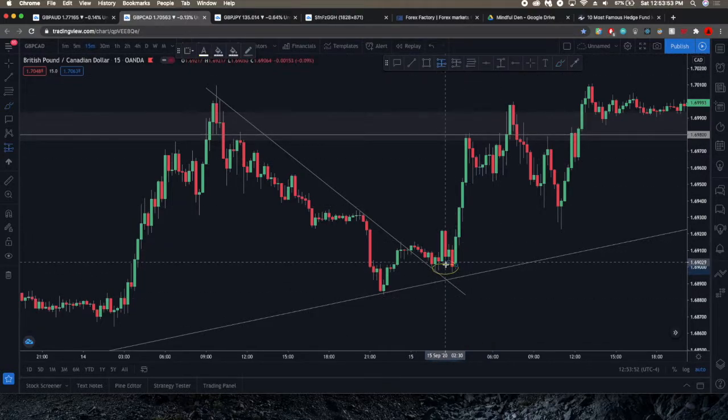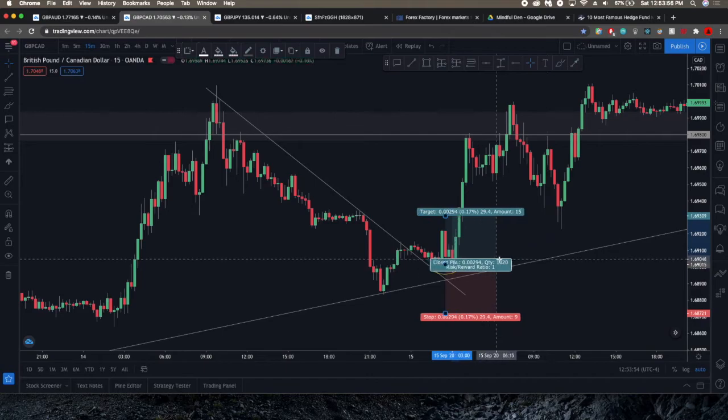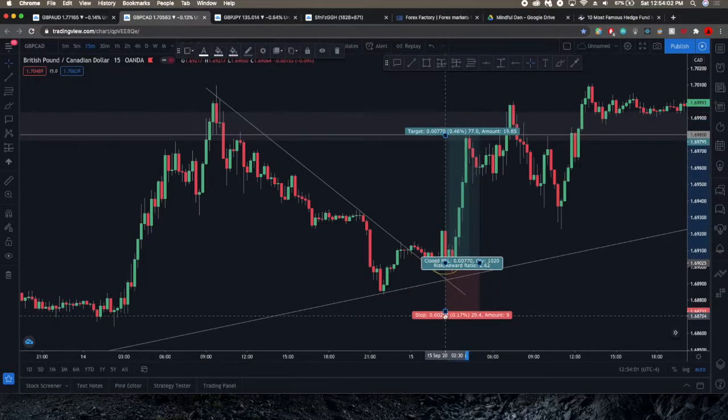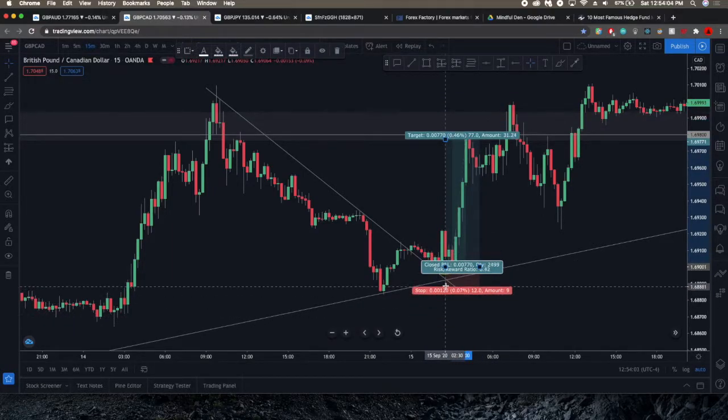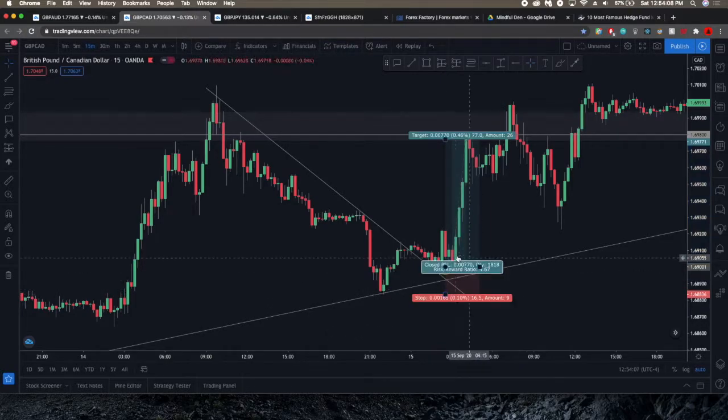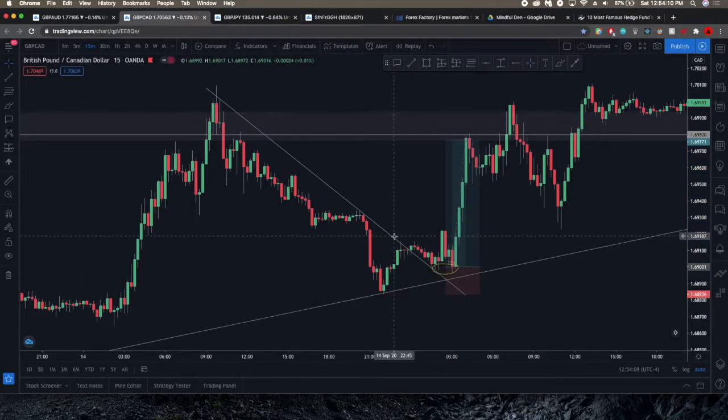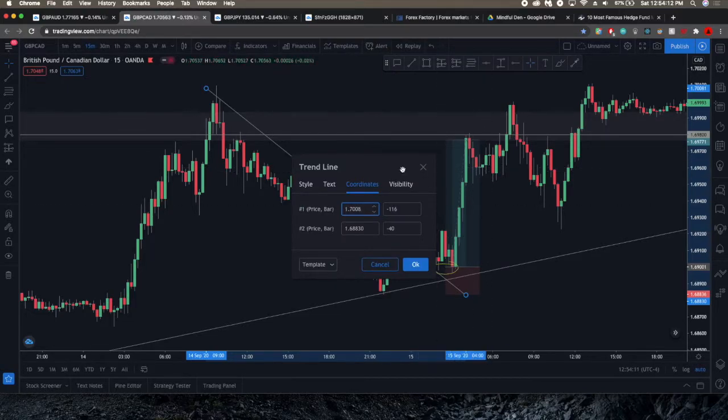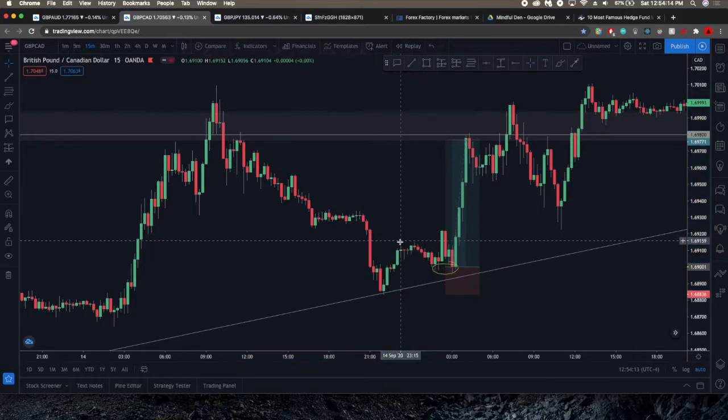So this was the first trade of the week that you could have taken on GBPCAD. It was a very clean move, and look, we rejected initially before heading up 77 pips. Stop loss would have been like 15 pips, what we always say on GBPCAD. Save 15 pips, right? You didn't have to have that trend line. You could have initially just known that, okay, created a low, now we're creating higher lows.